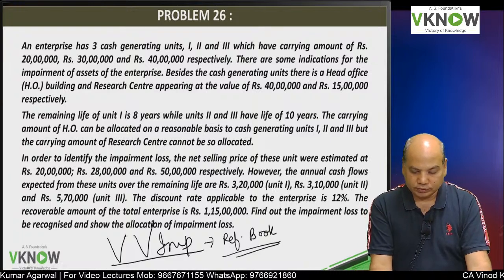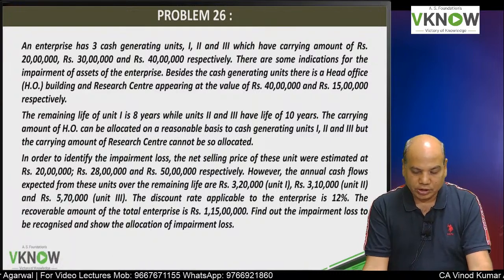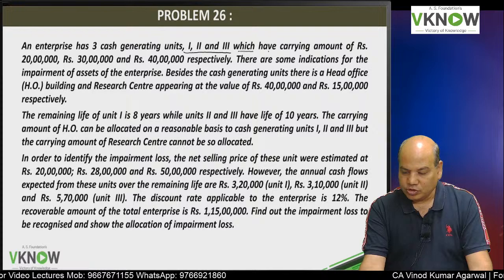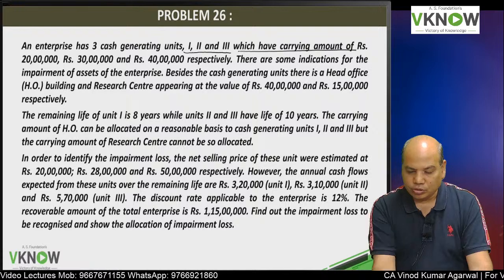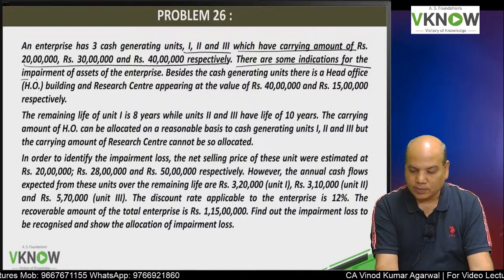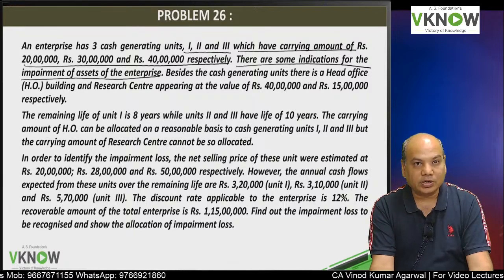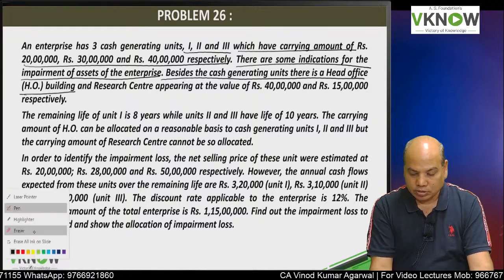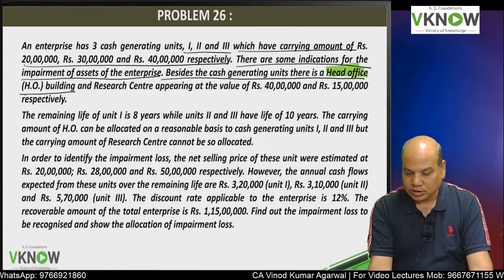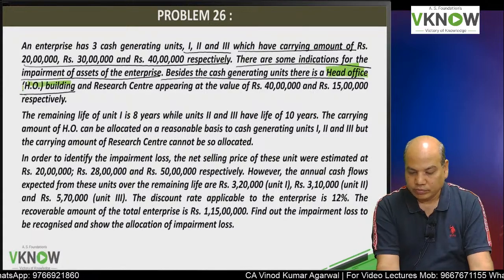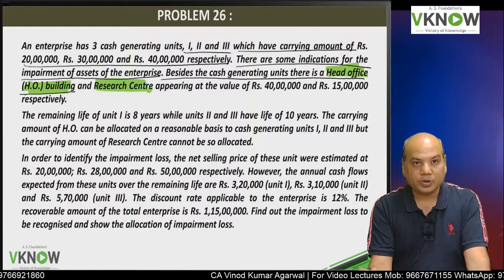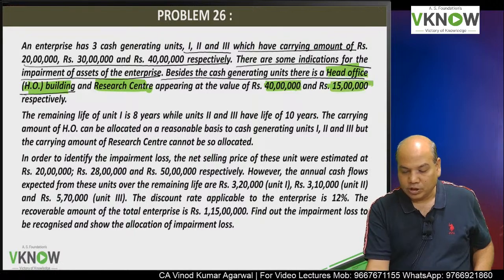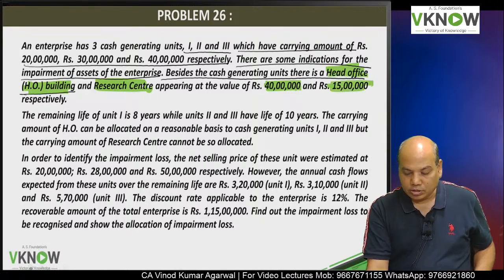Question number 26. An enterprise has 3 CGUs, 1, 2, 3, which have a carrying amount of 20 lakh, 30 lakh and 40 lakh. There is some indication of impairment of the assets of the enterprise. Besides the cash generating units, there is an HO building. HO building is a corporate asset, and the research center is also a corporate asset. There are 2 corporate assets whose carrying amounts are 40 lakh and 15 lakh respectively. The life of unit 1